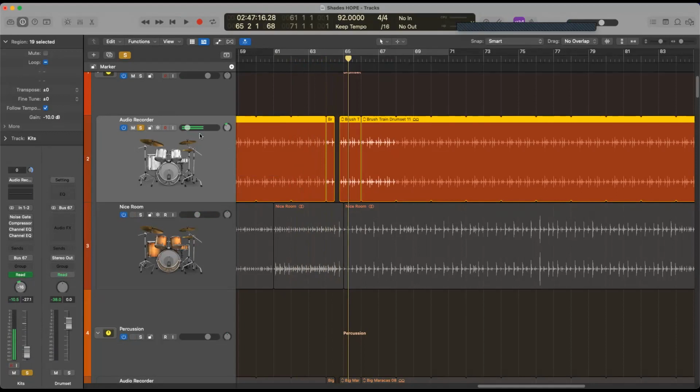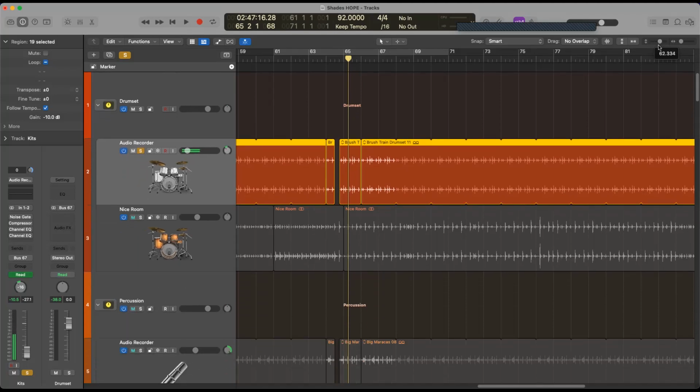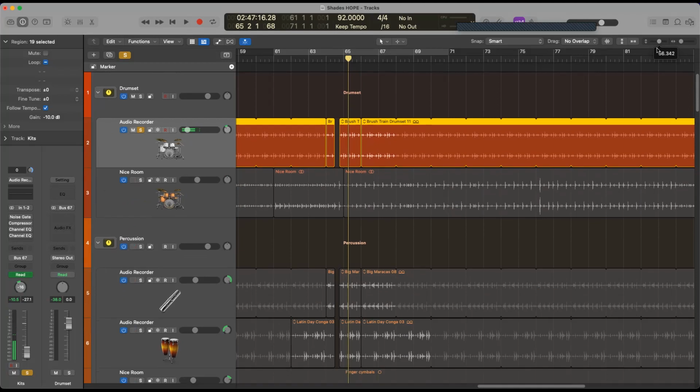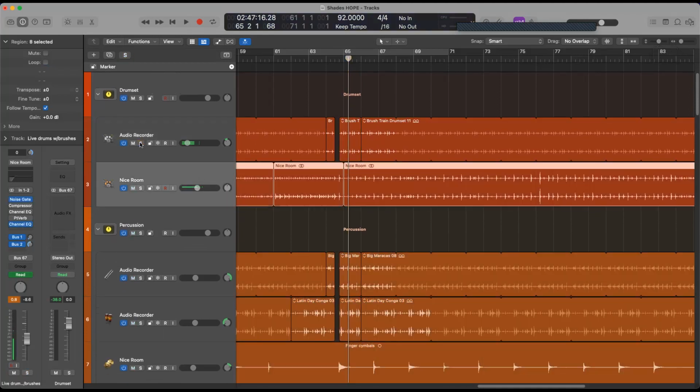All right. Now, again, I'm a bit of a perfectionist, and I may wind up retracking most or all of this anyway from the demo stage. We don't know yet. Okay, we'll have to see what we have to work with. But we're going to go through each and every one of these tracks, and we're going to go through the same process. Okay, so we're going to go on to the nice room, and we're going to go ahead and